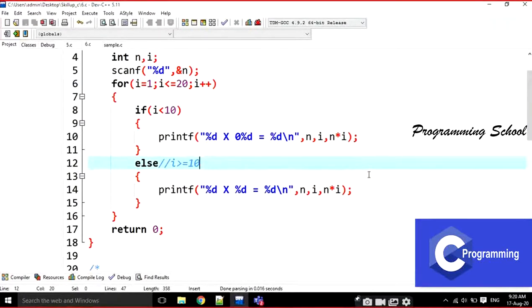If anyone has a doubt, just ask here only, students. Sir, why are you writing like that? What is the use of this one?